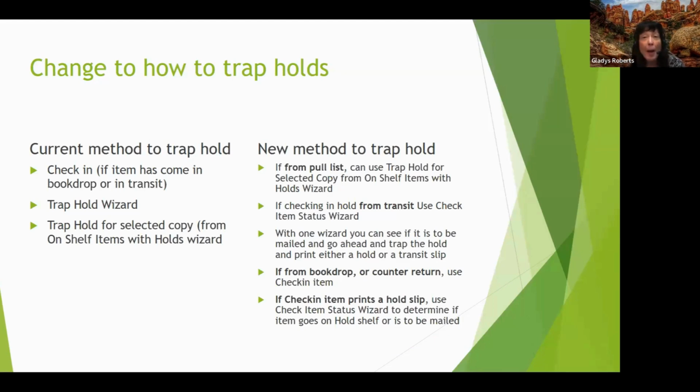How do you trap the hold? Well, very similar to the way you currently would. Currently, the way that you would trap a hold is, first of all, you would have gone and gotten your book drop. Your patrons would have come in with their armful of books and dumped them on the circulation desk,